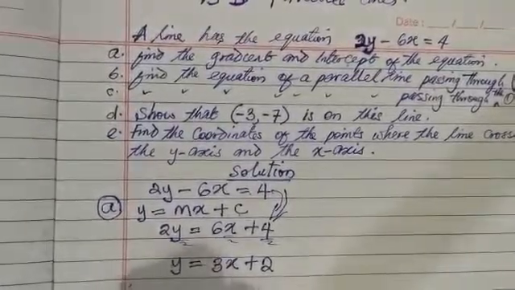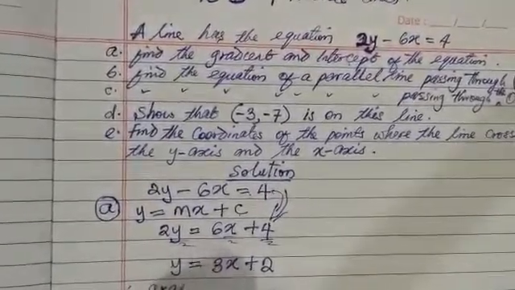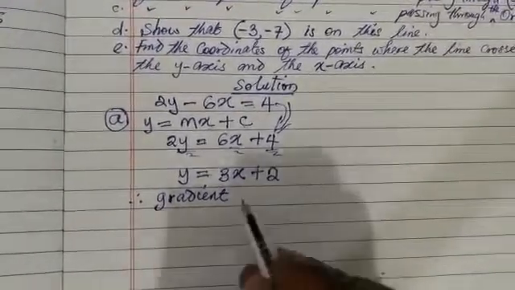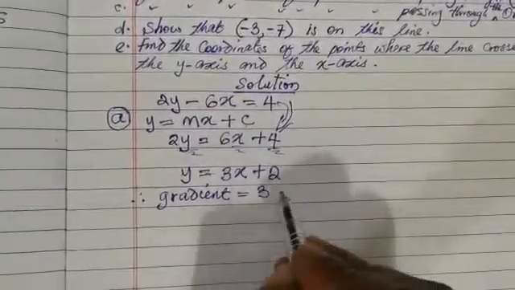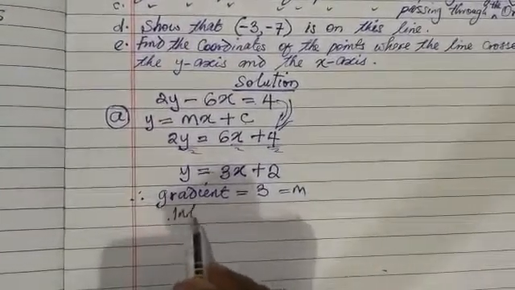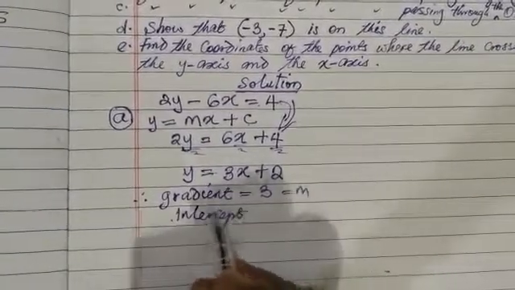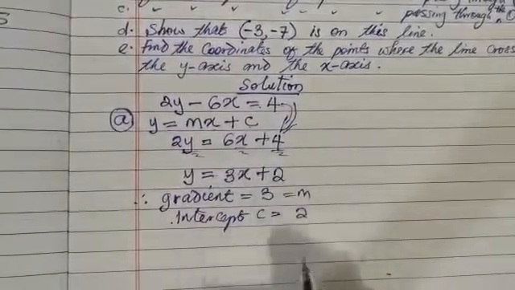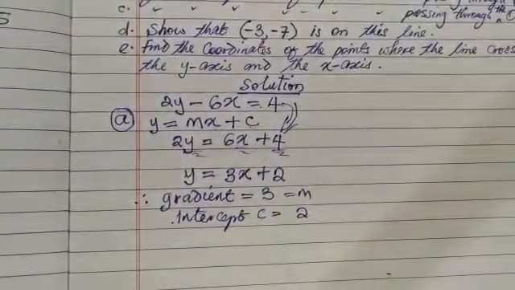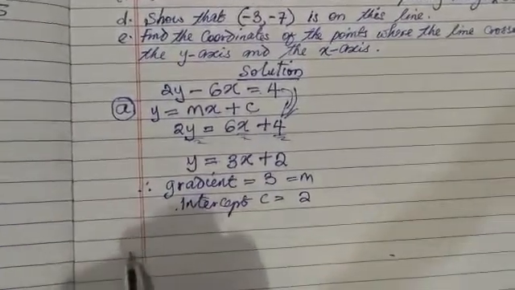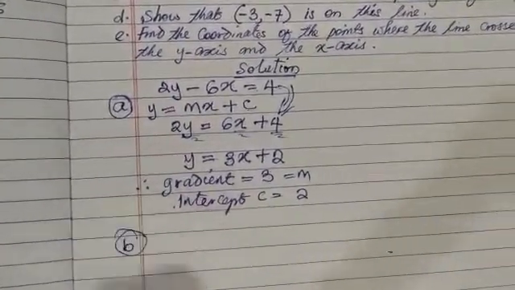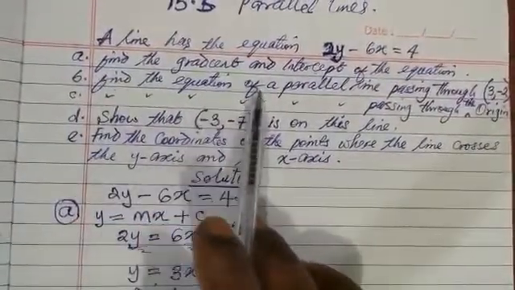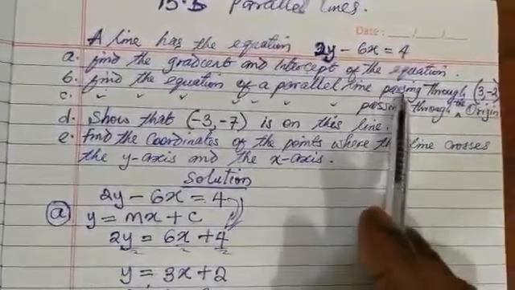That means that the gradient, I hope you can see my handwriting, it's very small, the gradient is 3, that is m, and the intercept c is 2. So the gradient is 3 and the intercept is 2. That's question A. Now B says find the equation of a parallel line passing through